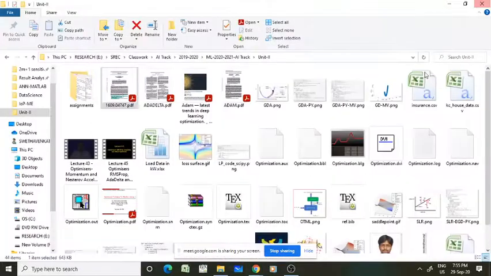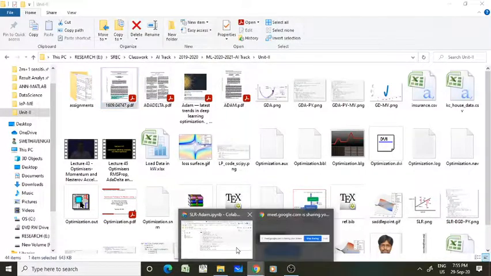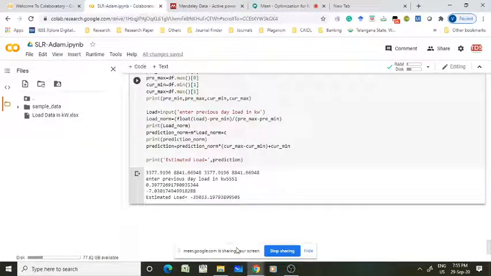So this is about the complete optimization for machine learning course. We discussed various optimization algorithms like stochastic gradient, mini batch, momentum, Nesterov, AdaGrad, RMSProp, and Adam.